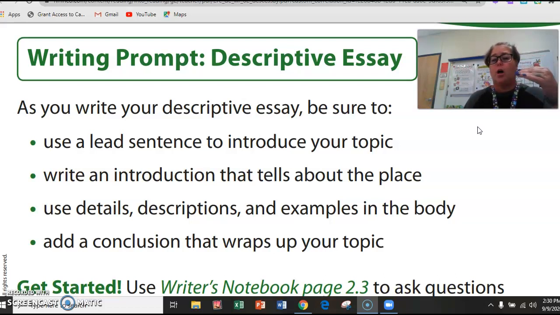I've given you all the details about my Mimi, and then I wrapped it all up saying I wish I could be a little girl and go back to my Mimi's house, walk into the beautiful kitchen with the yellow cabinets, and smell the delicious chocolate chip cookies. So that kind of wraps it all up and brings your story to an end.